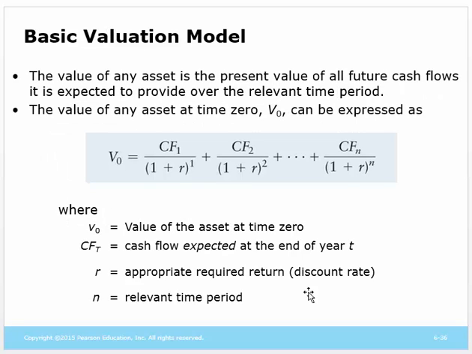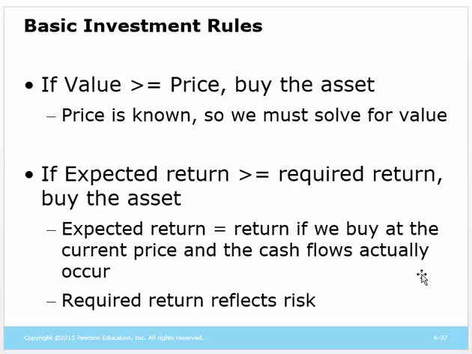So the basic bond valuation formula is a present value calculation. It's the present value of the cash flows of the bond. So to value any asset, we need to forecast cash flows. We need to know the time that the cash flow is going to be invested. And we also need to know, again, the required return that ultimately includes the riskiness of the company and the asset.